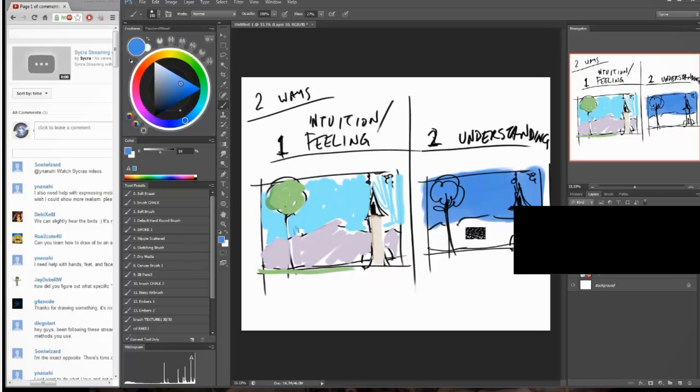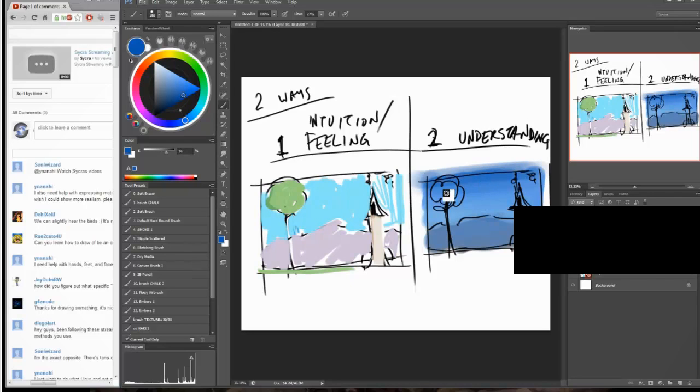So there's mountains, but the mountains are in the distance. So maybe the local color is something like that. But these are far away. So that means there is atmosphere in between the mountains and us. So that atmosphere is going to obscure them. So now the color is going to change. It's also going to get lighter near the horizon. So I'm understanding that, and it's almost like it doesn't matter what I feel, it's what I know. It's going to be darker near the top. Maybe it's going to get more saturated.